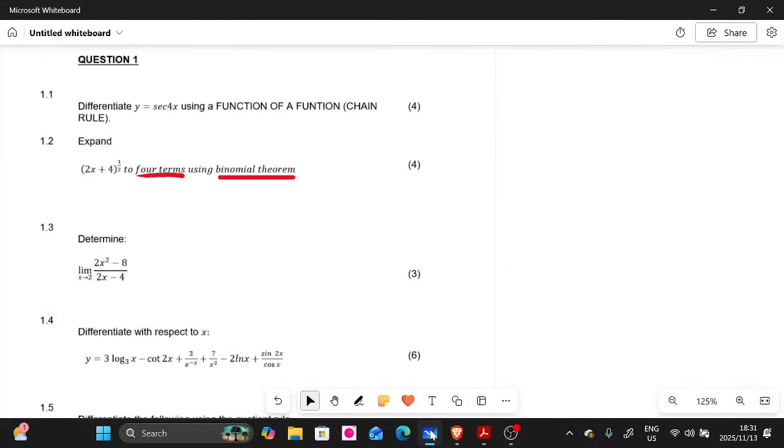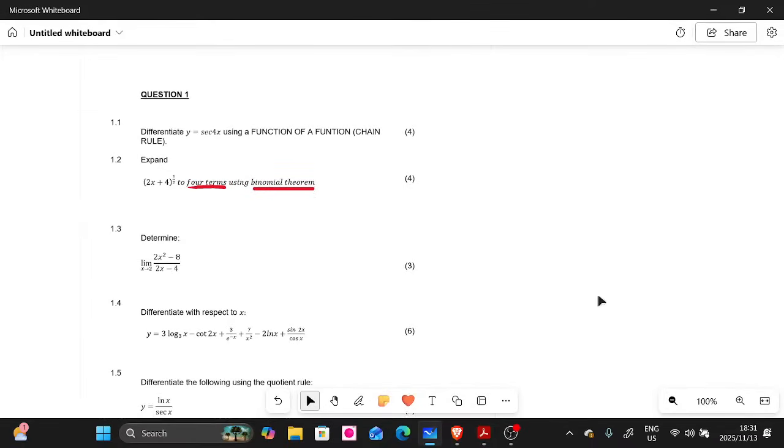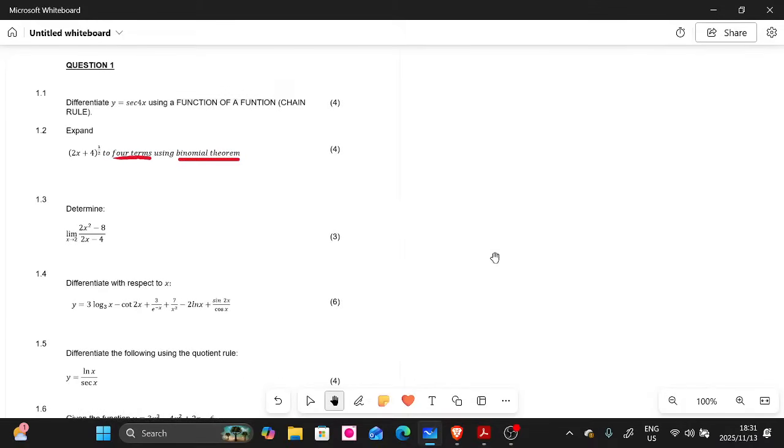And I always tell people, guys, try to know it, because they always ask this question. In the final, they ask it. In the common test, they always ask it. If they don't ask it in terms of expansion, they ask it maybe when you integrate from first principles with the power of 3 and above. So let me write it. They want us to expand here. Let me just write it here.